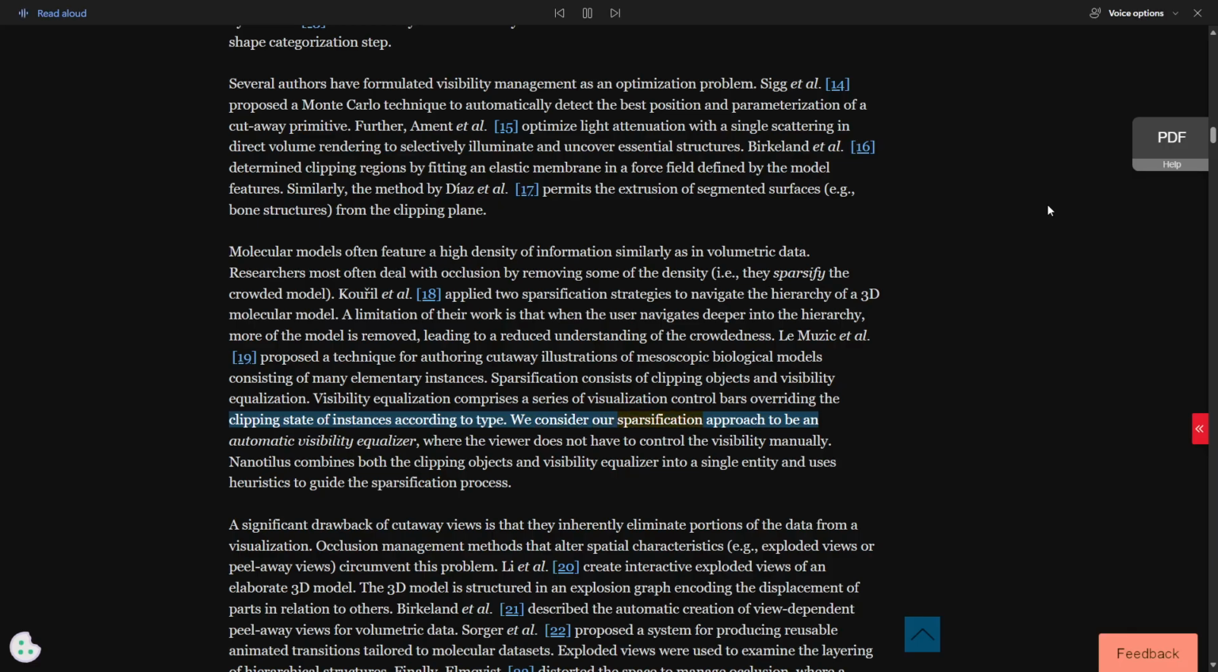We consider our sparsification approach to be an automatic visibility equalizer, where the viewer does not have to control the visibility manually. Nanotilus combines both the clipping objects and visibility equalizer into a single entity and uses heuristics to guide the sparsification process. A significant drawback of cutaway views is that they inherently eliminate portions of the data from a